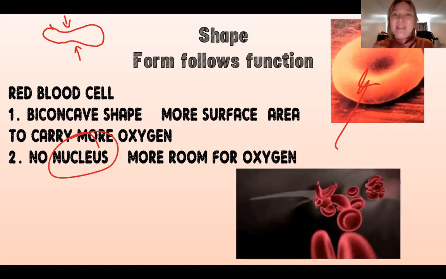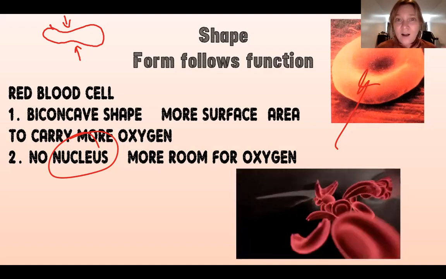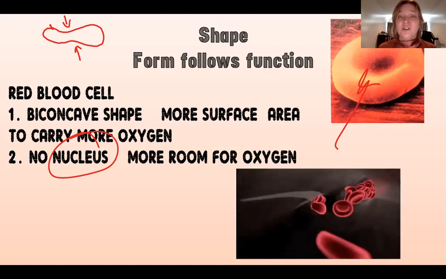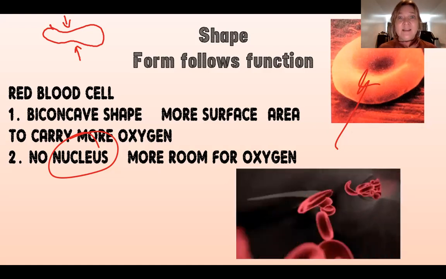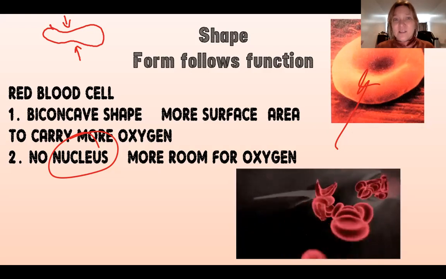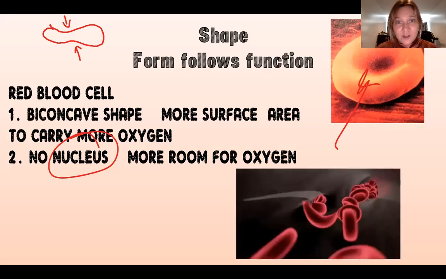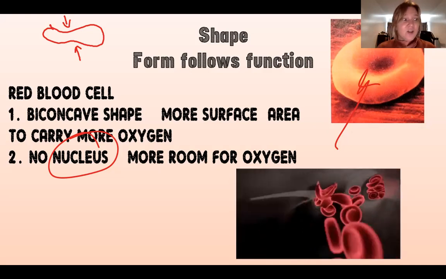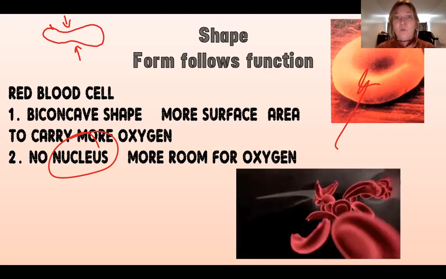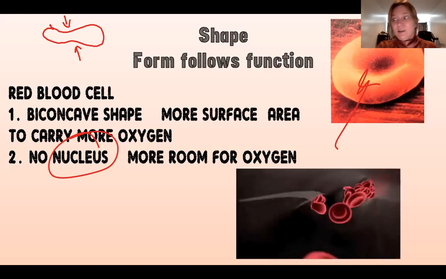The red blood cell doesn't need to make energy. It only needs to carry oxygen. So if you get rid of all of these structures on the inside of the red blood cell, you have much more room and can stuff it full of hemoglobin, which is that protein that actually binds to the oxygen and carries it around. So in biology, the number one rule is if you don't need it, get rid of it